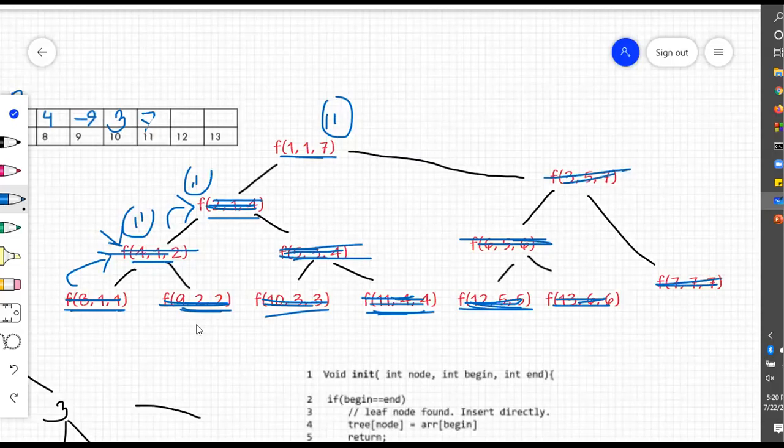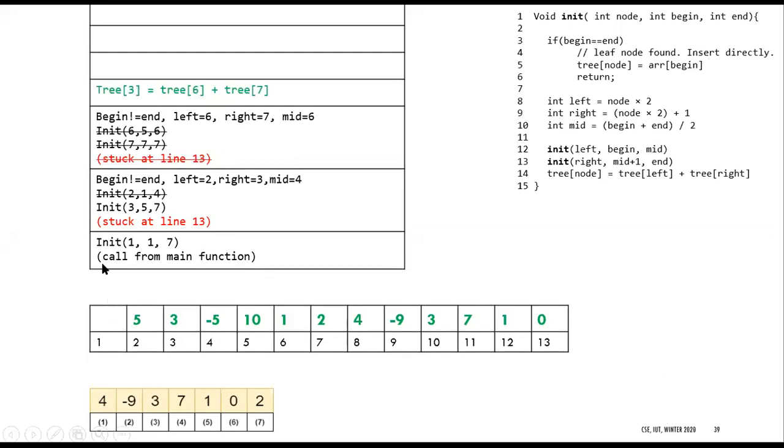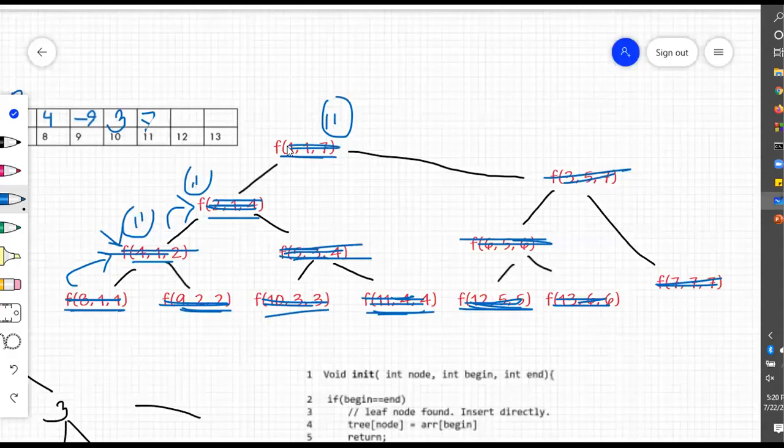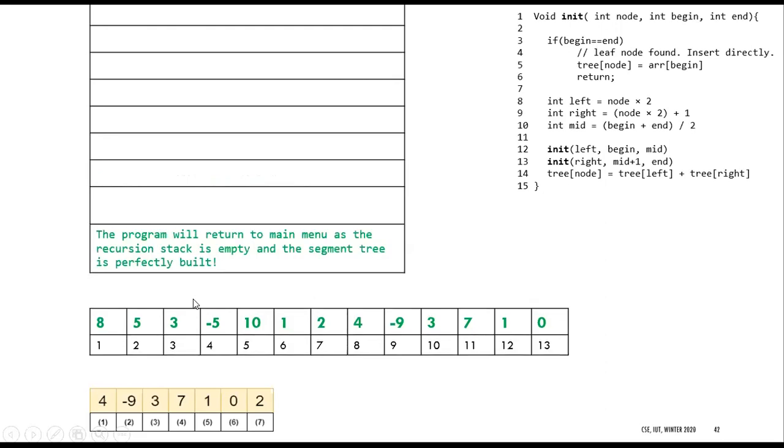And finally, as everything is finished, this node now can be calculated. Okay. So T1 is 2 plus 3. So this one is also finished. And as everything is finished, the whole tree is filled. So this function is satisfied, and it will come back to the end function. So this was all about our